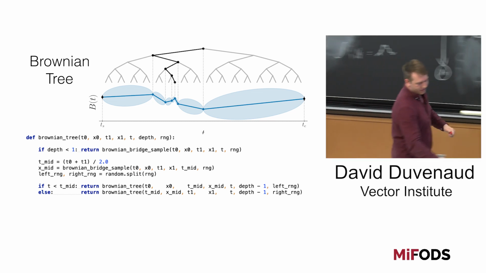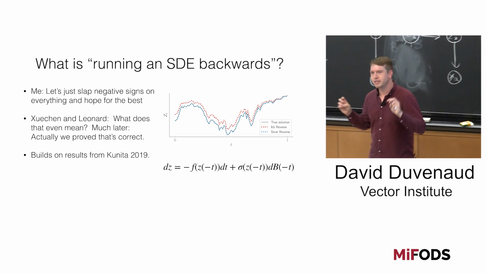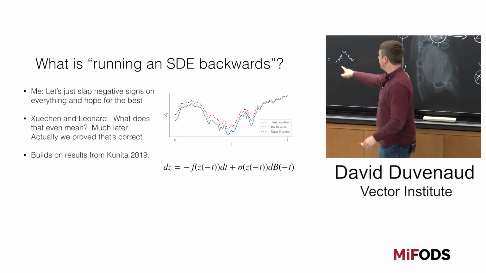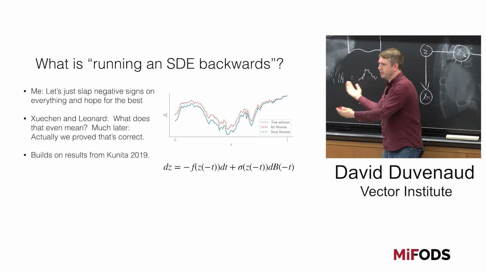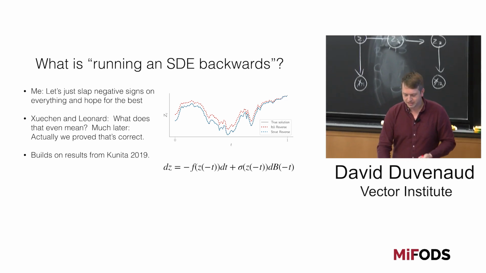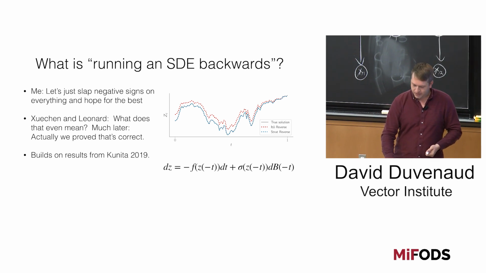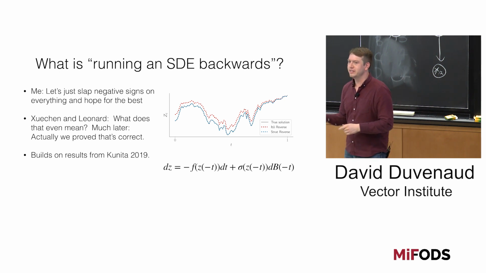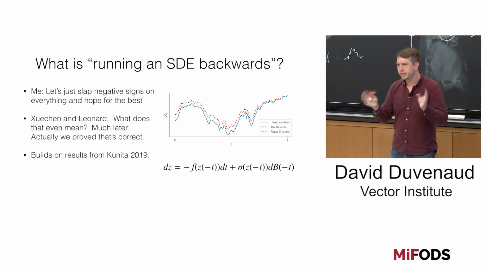Okay, so the second problem is we have to somehow run the SDE backwards. And to me, it's like, well, that's fine. I sampled some Brownian motion, I integrated it from left to right with some other dynamics. I should surely be able to integrate it back from right to left. So I said, okay, let's just slap some negative signs on all the dynamics, and it should be fine, right? And of course, to my credit, I knew enough about SDEs by then to realize that I should do this in the Stratonovich formulation, since there are two different ways of formalizing SDEs.